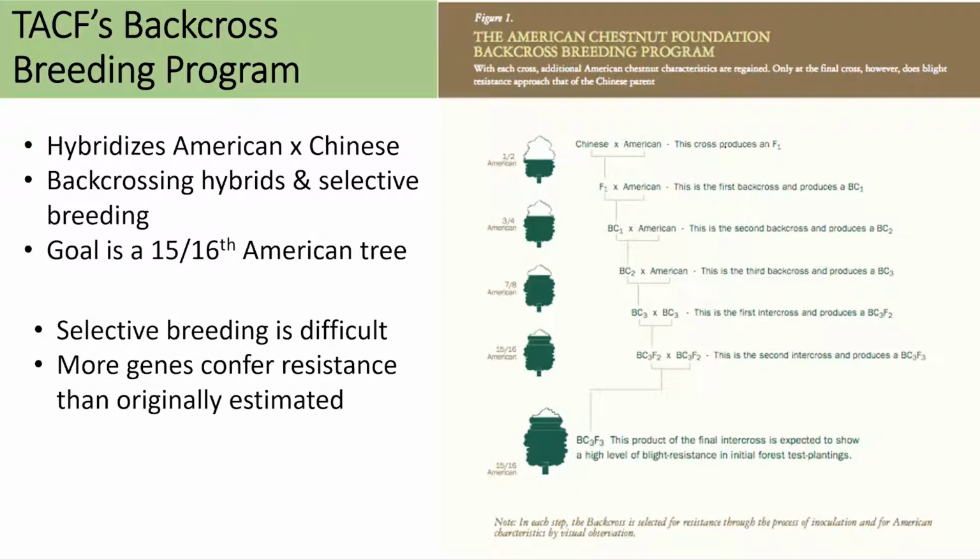But now with more genomic work, as they're doing more research on a genomic level, they're figuring out that it could be up to 9 different genes that are giving this tree resistance. So the more genes you have somewhere in that genome, the harder it is to capture that through selective breeding. And then, of course, a question that's always been postulated with this program is: are hybrids most ideal